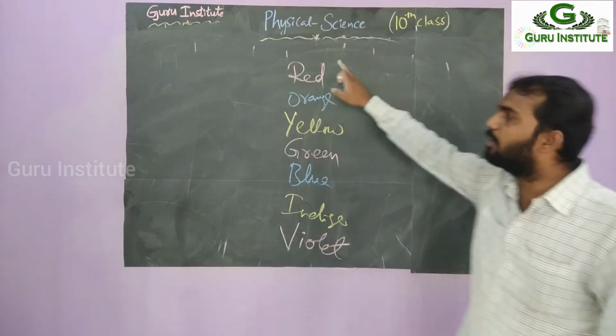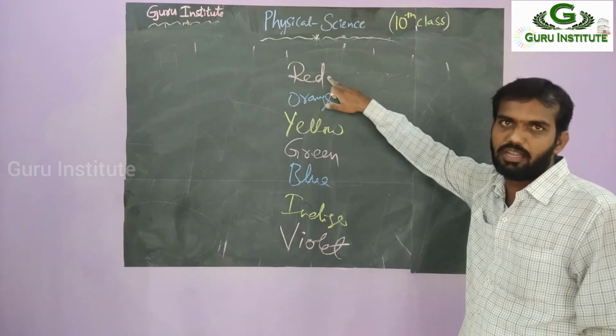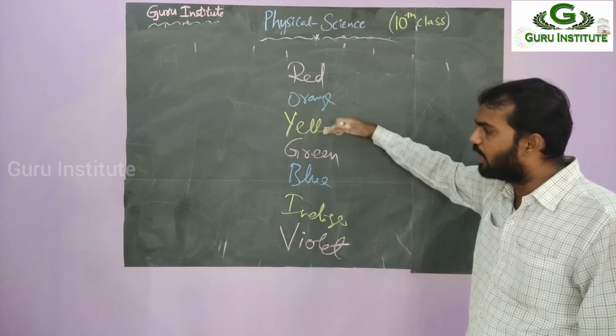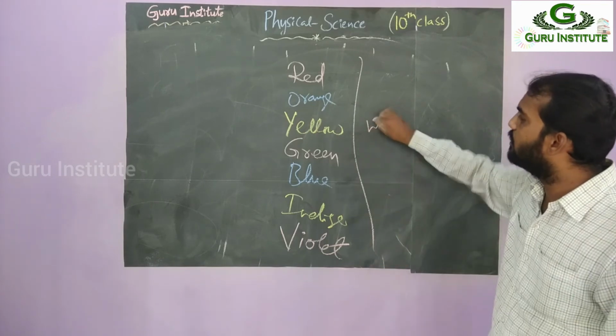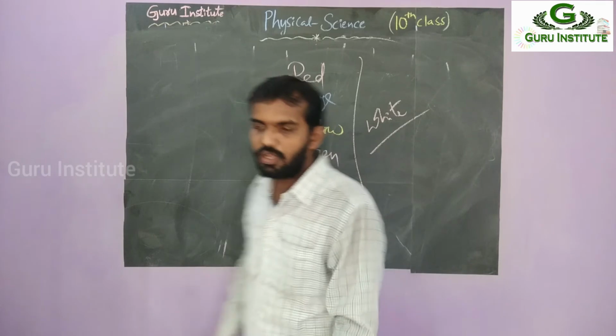In the starting, a little bit of energy is given, and the rod, that object, the iron body, shows the red color. And if you increase the heat energy gradually, it shows orange, yellow, green, blue, indigo, violet, and finally all these are mixing already. You know that if you mix all these colors, it will show which color? White color. So this is about the emission.